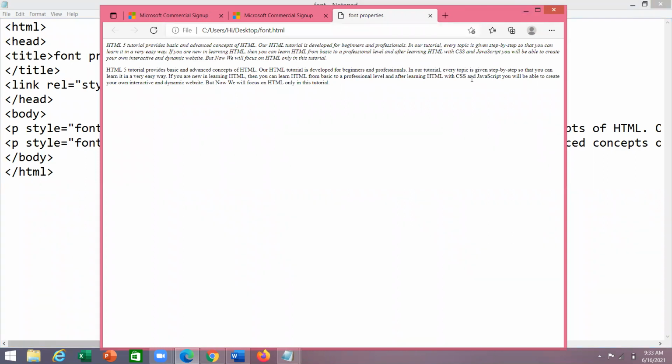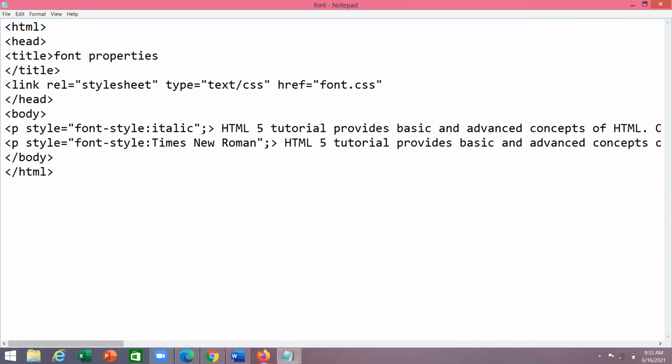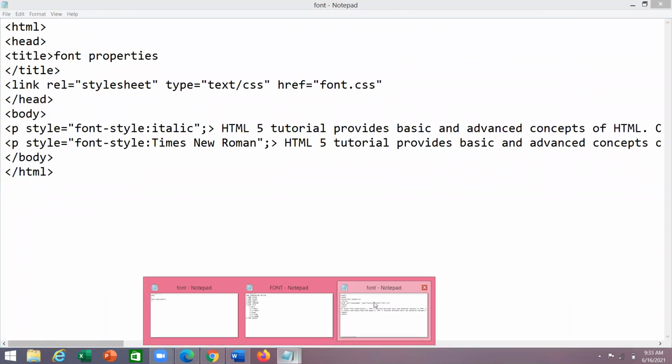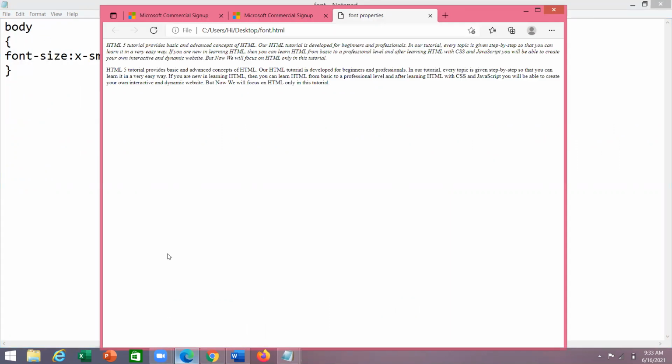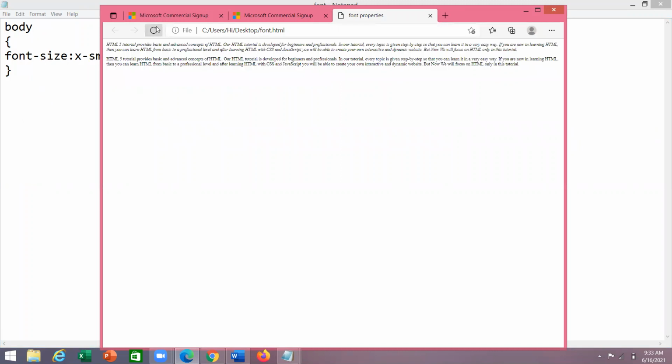For example, this is small, and now I'm going to modify some font property. I'm taking x-small, and it will display in a smaller letter. Now I'm opening the browser and refreshing.